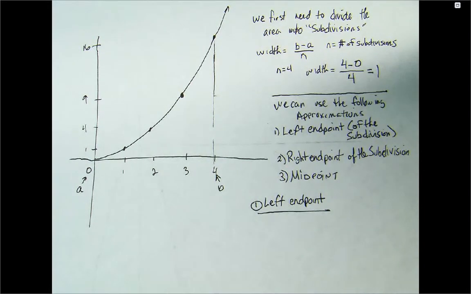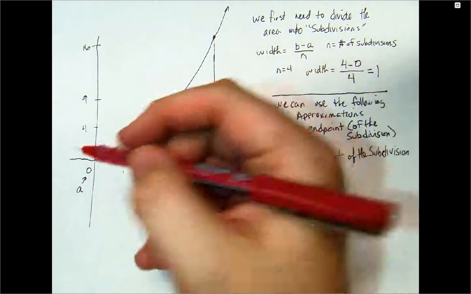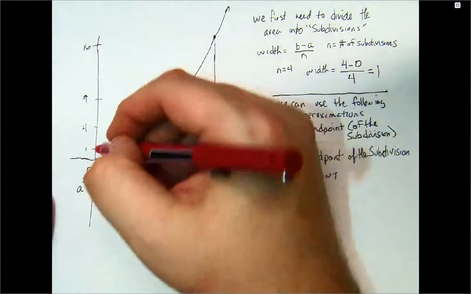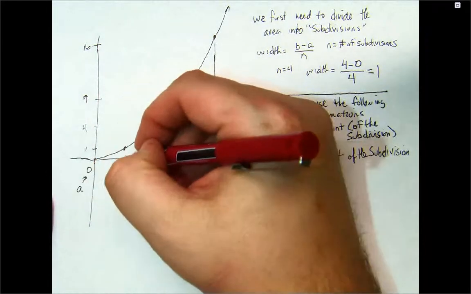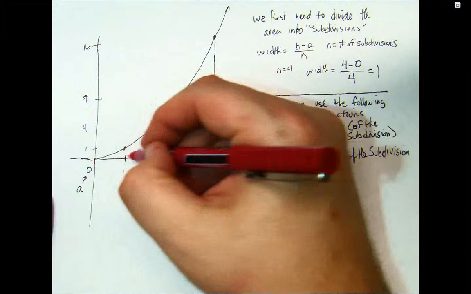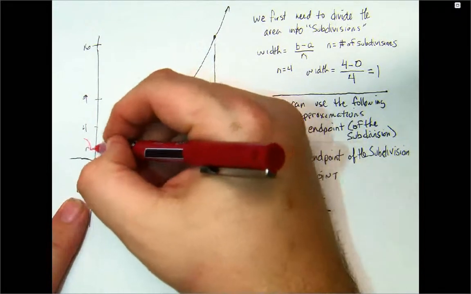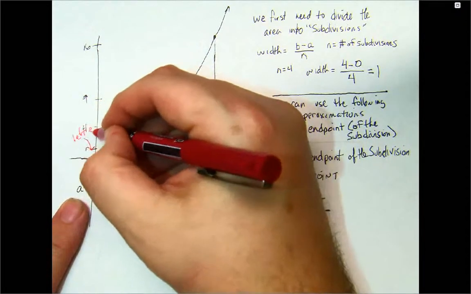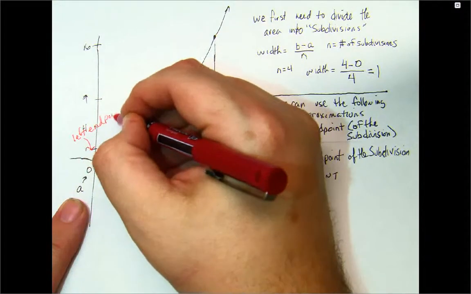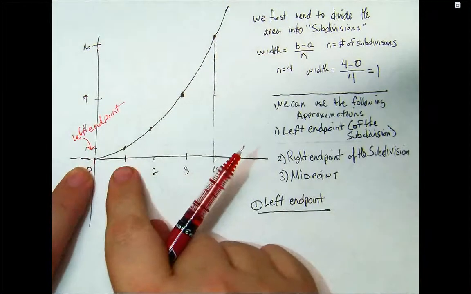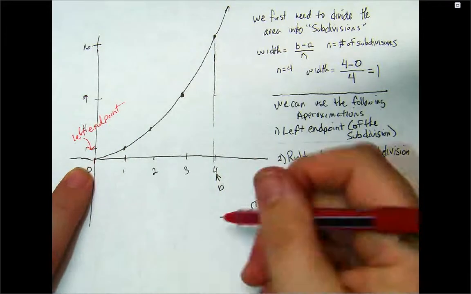Now, when we are looking at a graph, once I know that the width is 1, you can almost break it up. This is your first interval. This would be the left endpoint of this first interval, that first subdivision. And what you're going to do is,